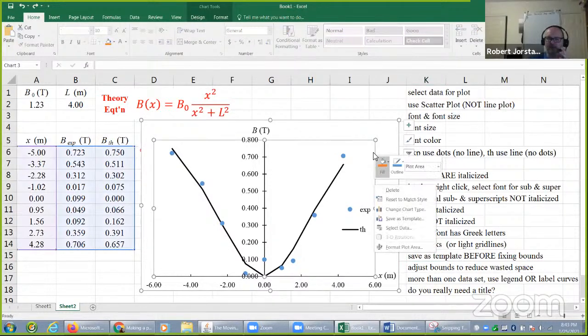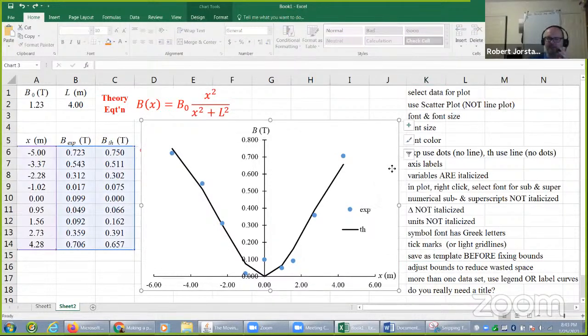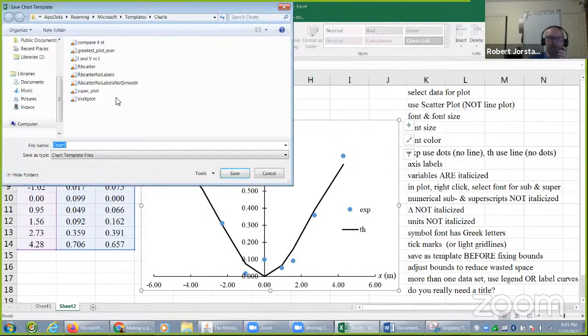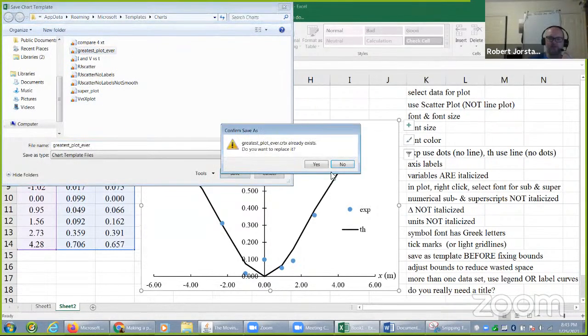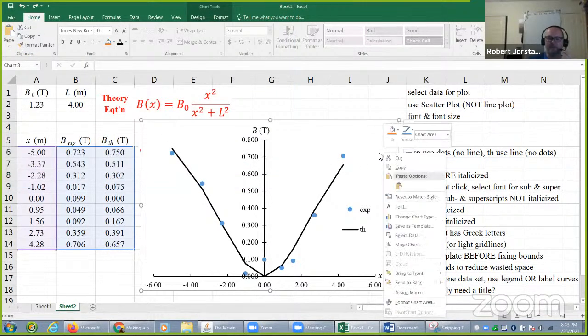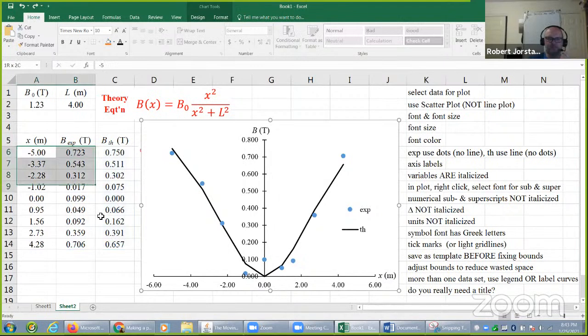If you're going to make a couple of these, maybe you want to save it. So you could right click and save it as a template. You could actually come in here and save it as a template, whatever you want. We'll say this is greatest plot ever. Great. And then the advantage of this is the next time you make a plot, let's say we do another one,